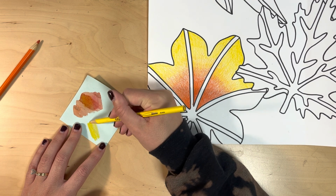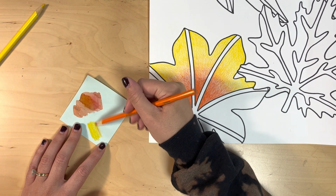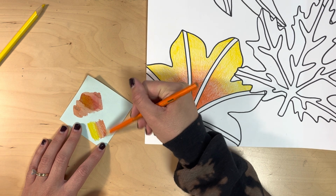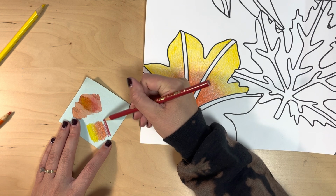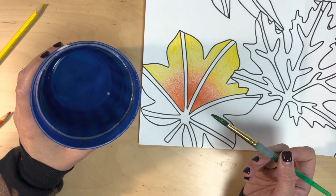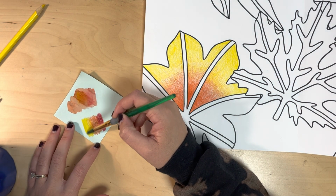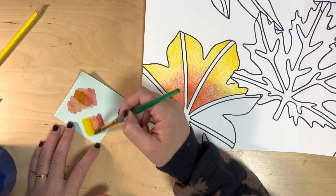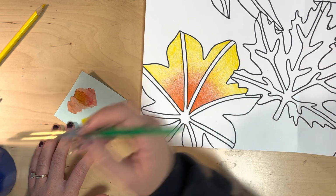Here's an example of how the watercolor pencils work. So I'm coloring with yellow and orange, just like I would with a regular colored pencil. Let's add a little bit of red in there too. So let's say I'm ready to add water. You'll just need a water cup and a paintbrush, no actual watercolors. And then you're just going to paint right on top of the colored pencil,